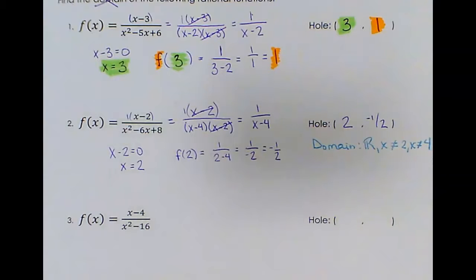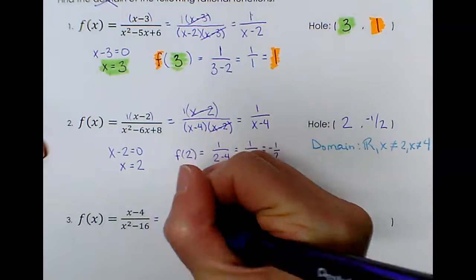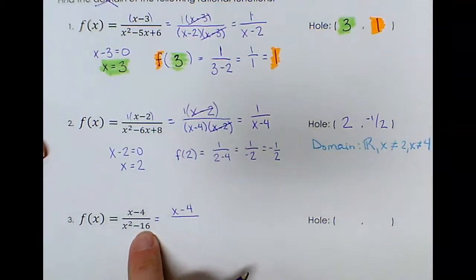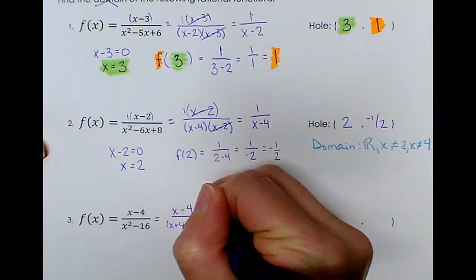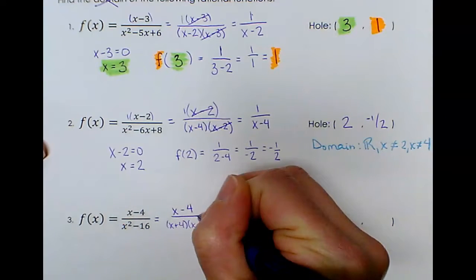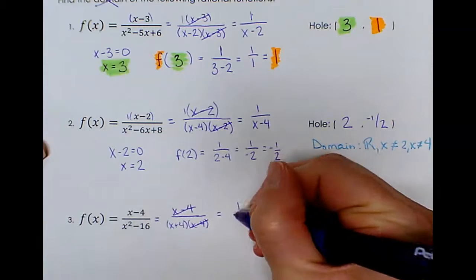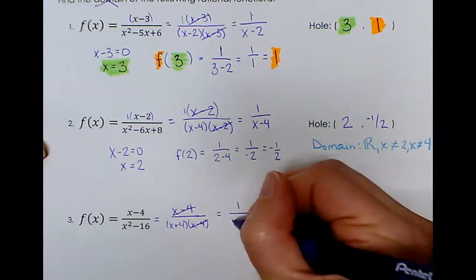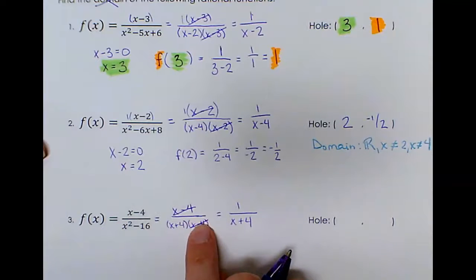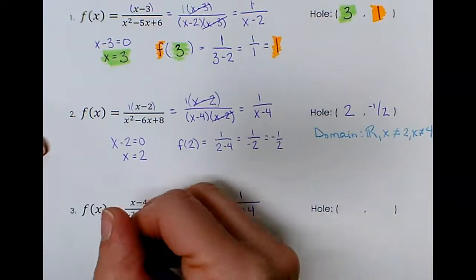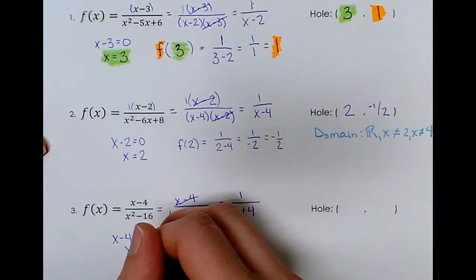So number 3, let's try it out. There's nothing to factor in the numerator. We have x minus 4. This is a difference of 2 squares. So the square root of 16 is plus or minus 4. So I've got an x plus 4 and an x minus 4. The x minus 4's cancel, so my simplified function is 1 over x plus 4. The hole occurs at that canceled factor when it equals 0, so x minus 4 equals 0. Gives me an x value of 4